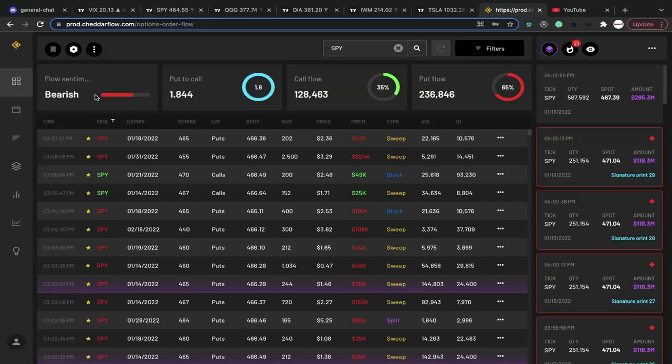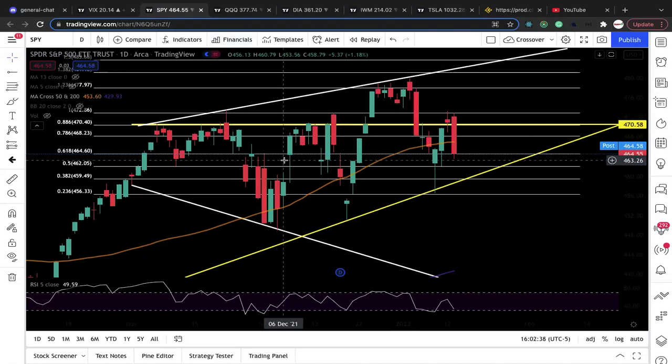All right, as you can see, flow sentiment is bearish. Put/call ratio 1.8. 65% was for puts today, 35% was for calls. Now, the scenario that I was talking about was as long as the 470.5